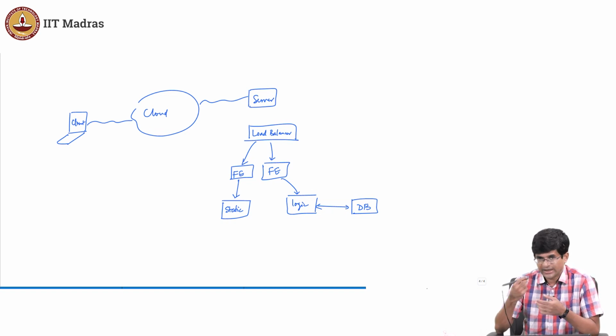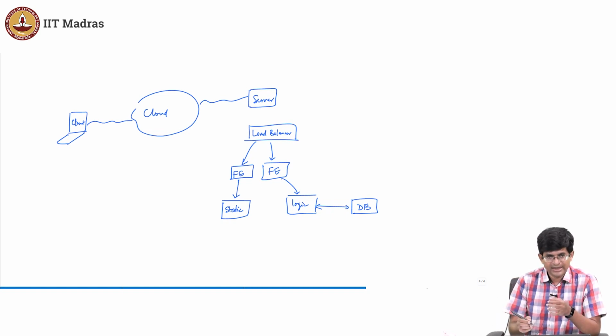What is the database doing? It receives requests from the business logic, creates a new entry or fetches data, and sends it back. The database is just doing its job: whenever it receives a request, it puts the data there. If it's a delete, it deletes and sends back a response. If it's a change, it changes and sends back a response, and so on. And this business logic ideally is just taking a request from the front end, deciding what to do with it, sending it to the database backend, and then forwarding the response all the way back.